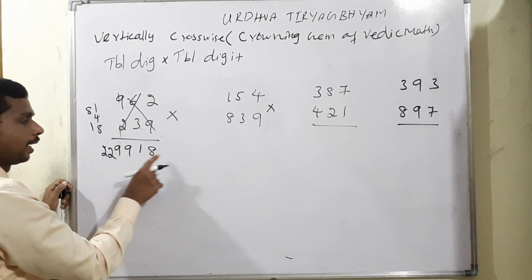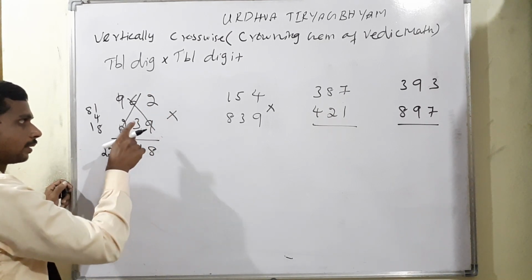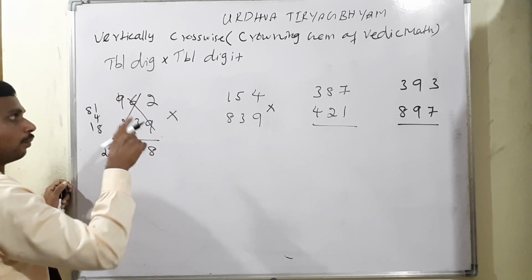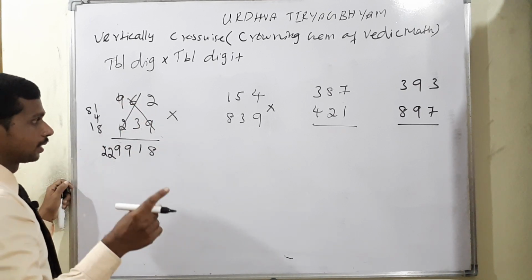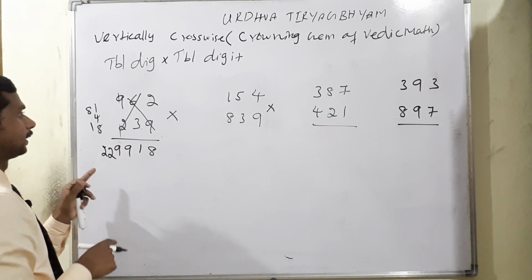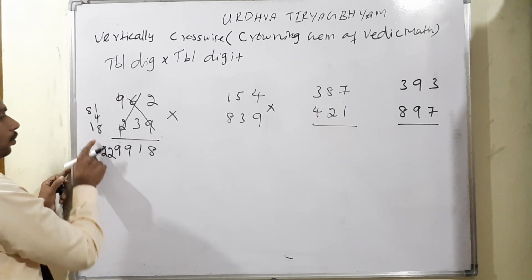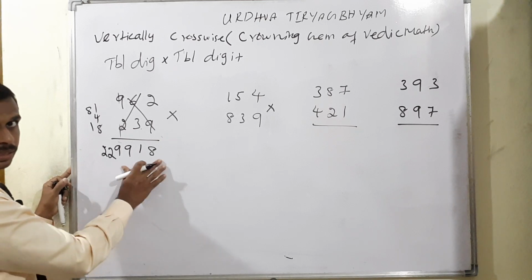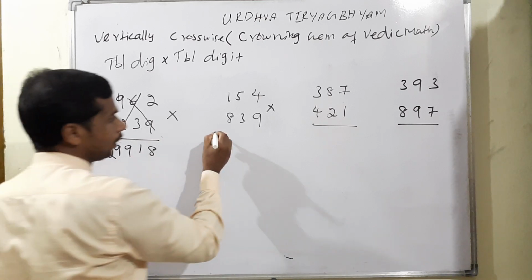2 9s are 18. 8 carry 1. Then 2 3s are 6. 9 6 are 54. 54 plus 6 is equal to 60. Now 60 already carry 1. That's why 61. Now we have the carry 6. After taking multiply, we have the solution is that you can check it, okay, whether it's right or wrong. If it's wrong means put in comment box. I will ready to rectify.